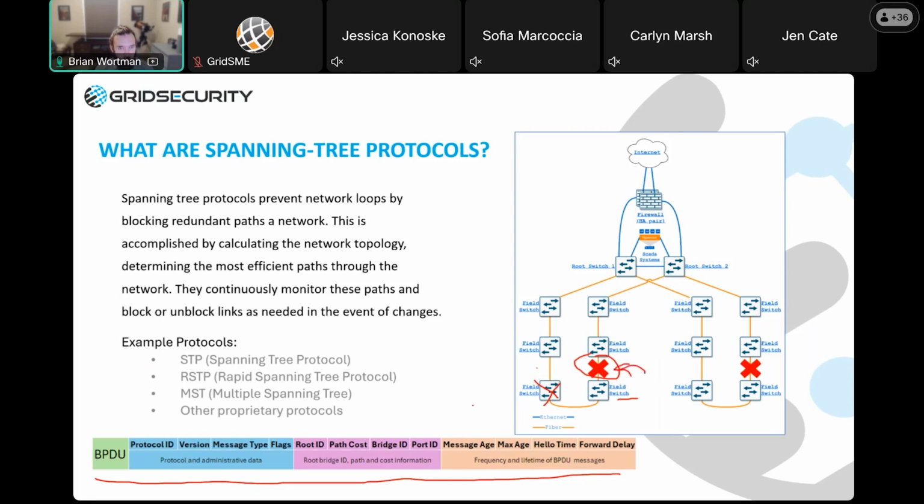And then when this link on the left recovers, it'll switch this one back to a blocking state. So it just prevents those loops every time, and the interfaces are not going up and down. We call that process of agreeing on the best path through the network reconvergence. It's basically just the spanning tree environment reaching consensus on the best paths back to what's called the root bridge, which will be up here at the top.